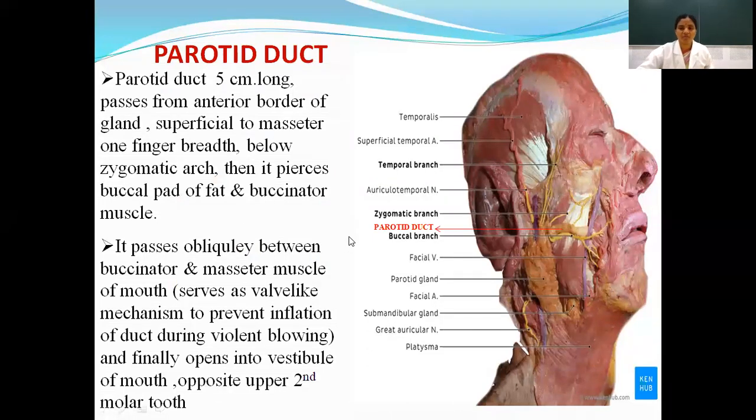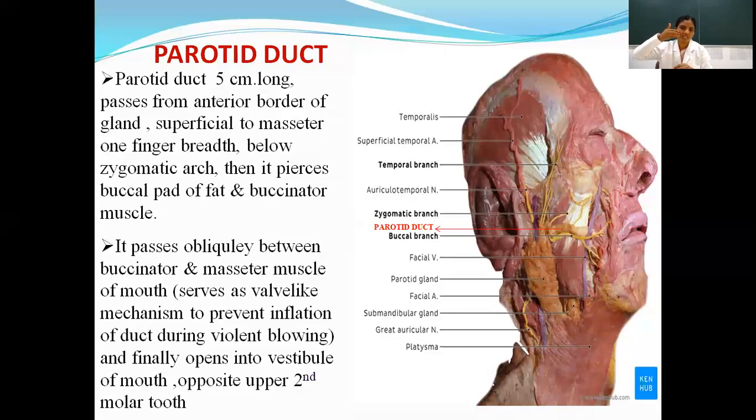Then the knowledge of the parotid duct is important. So what is this parotid duct? The parotid duct is 5 centimeters in length and 3 mm in width. It extends from the anterior border of the parotid gland, then transversely onto a muscle, so it is related to the masseter muscle. Reaching the anterior border of the masseter, it suddenly changes direction. First it goes forward, then suddenly changes direction medially, like this. We can find an abrupt bending.